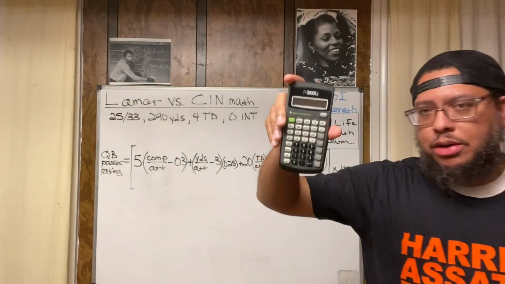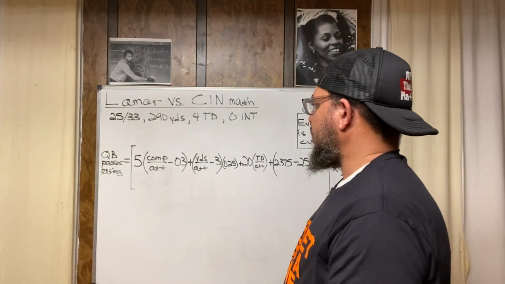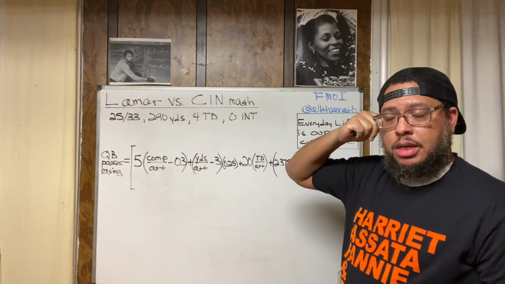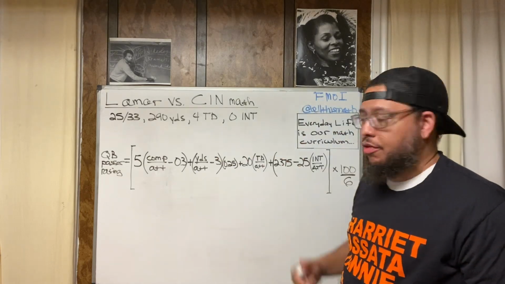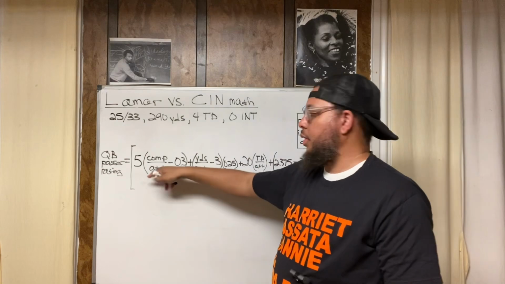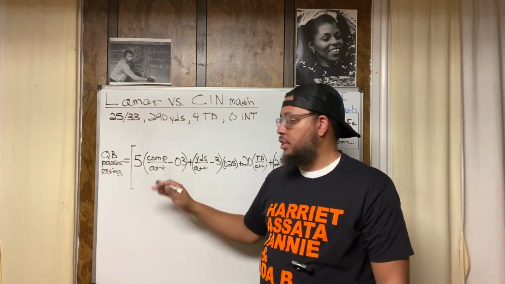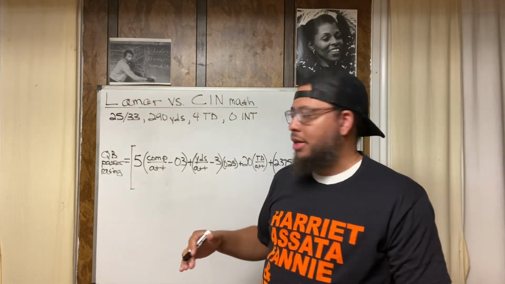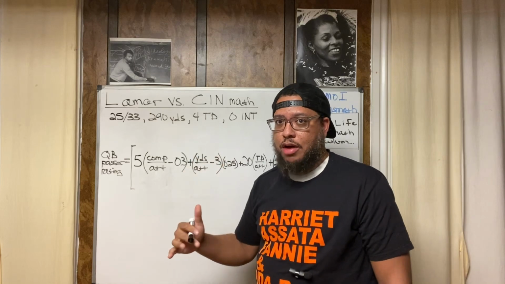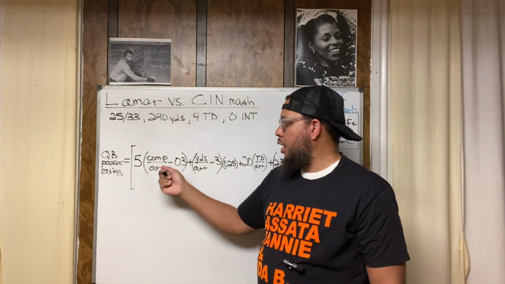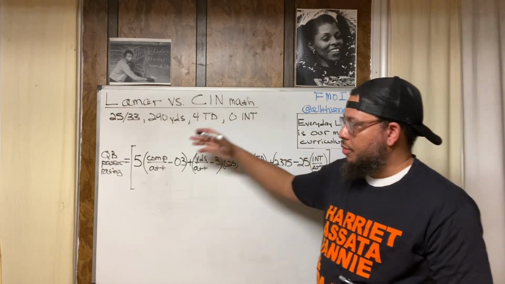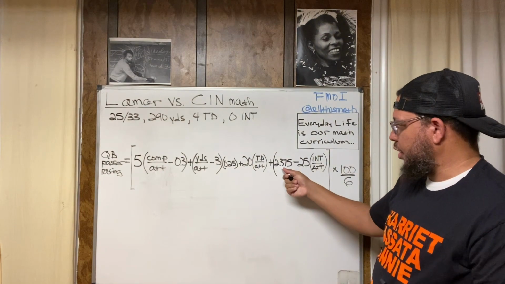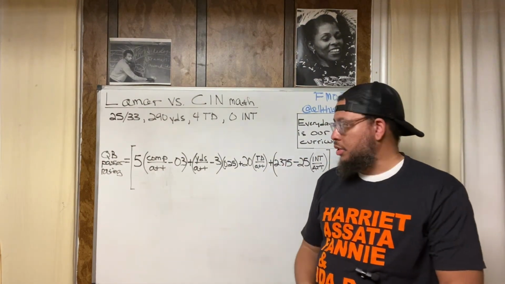So I went and grabbed my trusty calculator and I'm back. As I was saying, each of these 1, 2, 3, 4 values must be between 0 and 2.375. What happens if we do all the math and we end up with a negative number? That means you automatically increase that to 0, right? Now what happens if you end up with a number like 5.8 or something crazy like that? You automatically reduce it to 2.375. So the range of these values for 1, 2, 3, 4 should be between 0 and 2.375, just like this 2.375 right here. So let's see what happens.